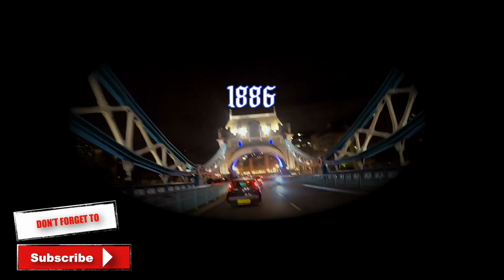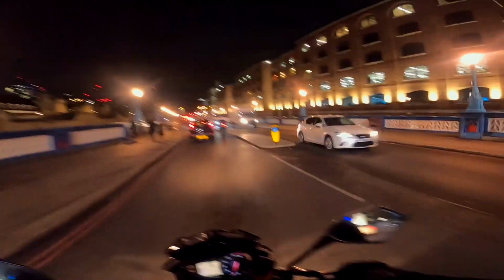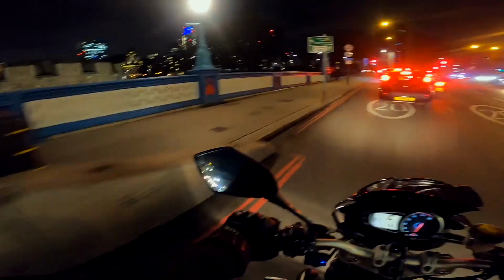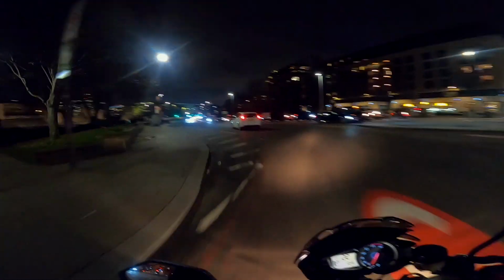Now, considering it was built all them years ago, it still is an absolutely amazing looking piece of architecture. You can't knock it, can you? I love it, me. Quite privileged actually to be coming here. And over there on the left hand side, ladies and gentlemen, we have the Tower of London, should I say, sorry, where the crown jewels are actually kept. Henry VIII actually killed a few of his wives in there, cut the heads off. Now I have done a tour before there, and it's a good day out. If you ever come to London, I would strongly recommend the Tower of London. You can actually do a tour of it, and I would strongly recommend it if you ever are coming to London, because